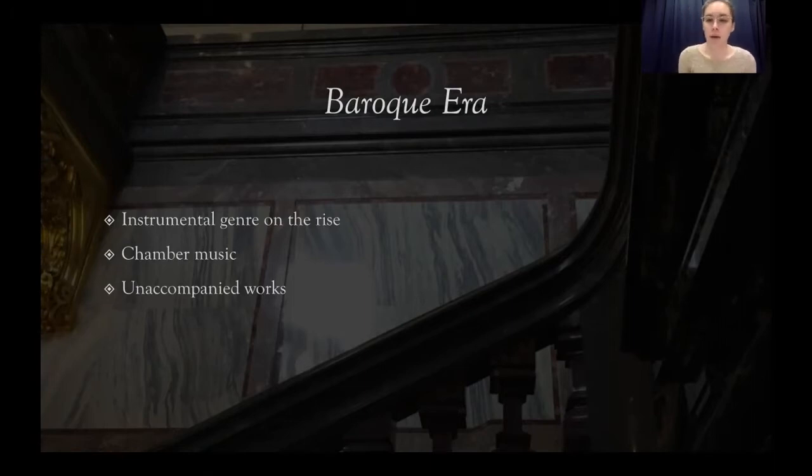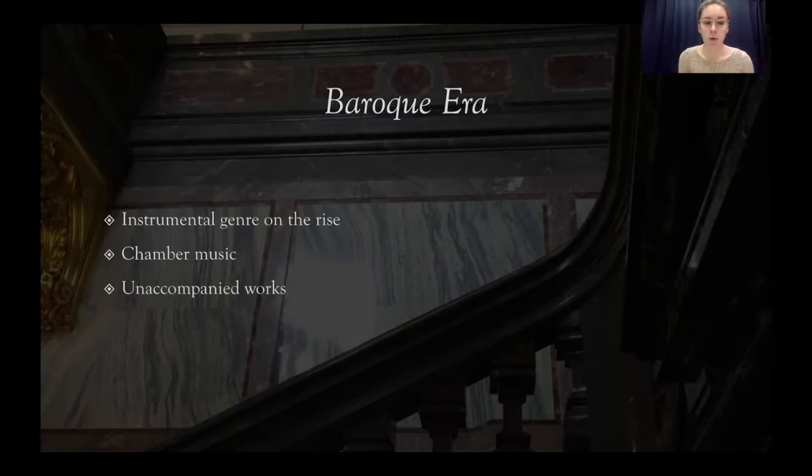What this did was, in addition to giving Baroque music a lot of complexity of emotion, it also gave special credence to instrumental music as a genre. Until now, vocal music had been considered superior to instrumental music because words were considered more powerful than notes. But the theory of the affections showed that the notes themselves also had healing power and power to affect the emotions. Because of this, the instrumental genre was on the rise during this time.